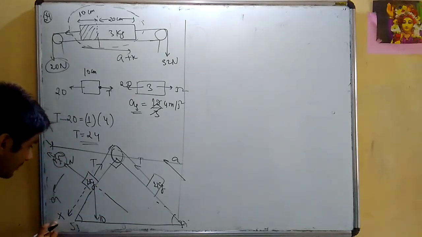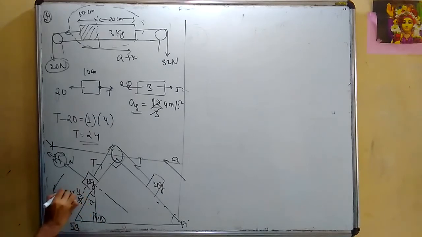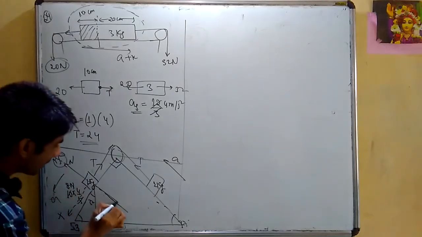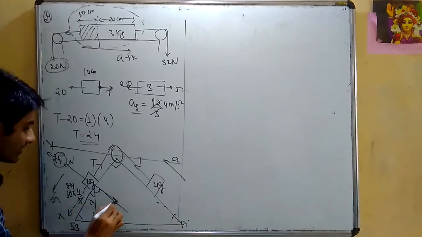So when I have shifted this as x, what is the component of 10 in this direction? The component of 10 in this direction will be 10 cos how much? See, this is 90 degree, this is 37 degree. So what is the component of 10 in this direction? 10 cos 37 degree. Cos 37 degree means 4 by 5, that is 8 Newton. I hope it is clear. And this component will be 10 cos 53 degree. This is 53. 10 cos 53 is how much?